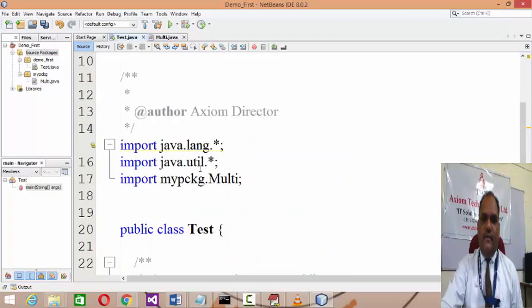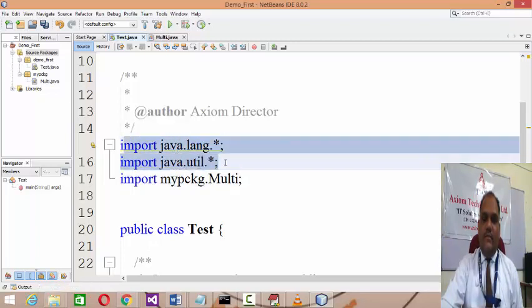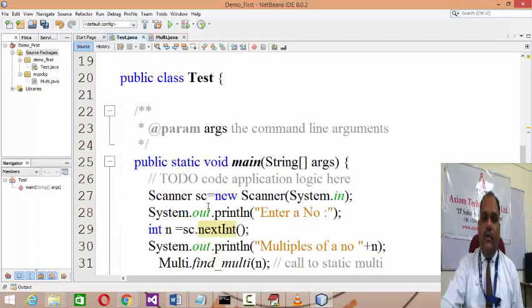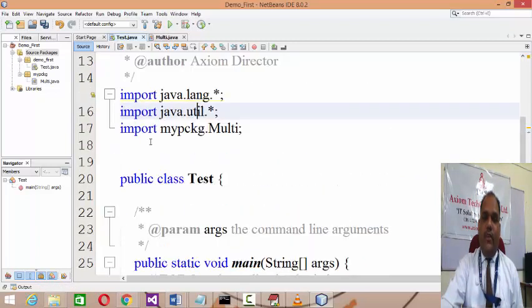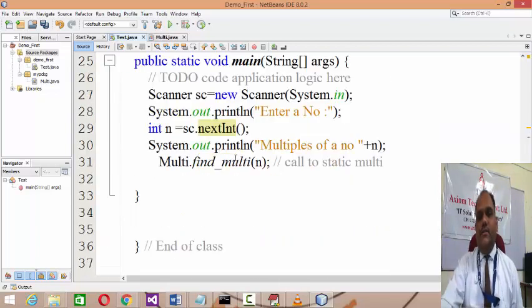Just understand what the Java developers did over there, they provide you the library in the form of packages. So java is a core package, then they produced a package called lang, and they wrote all the classes belonging to lang over here. In a similar manner, we import all the classes belonging to java.lang and java.util, and we use all those classes. In the same manner, we can also create our own package, and you can import and use all the classes and methods belonging to that class in the current class.